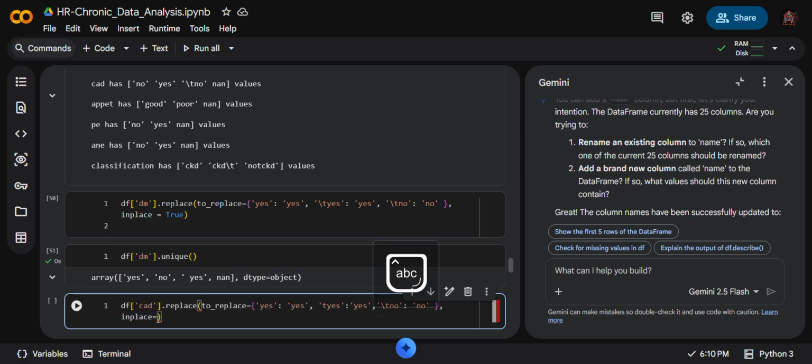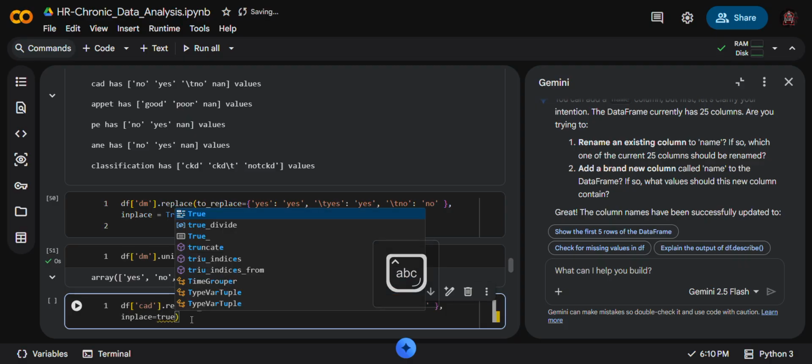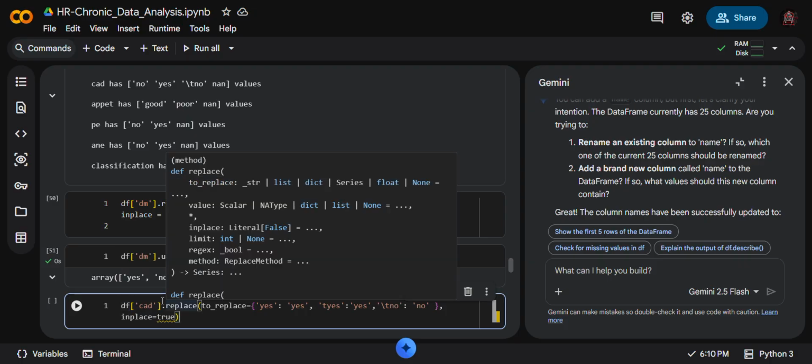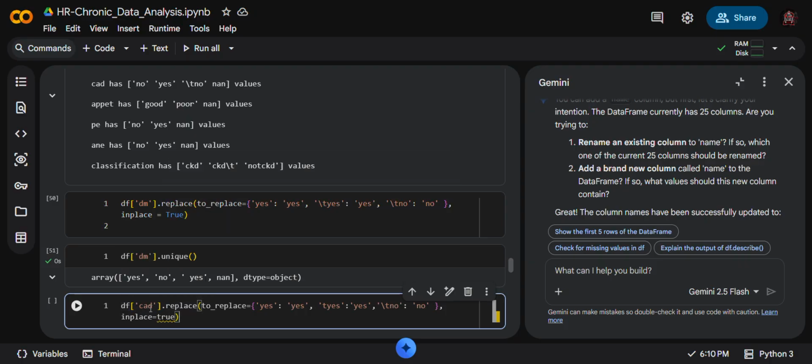true. Okay, one thing I'll let you know about theory. We are using it this way. The whole command is right. Every step: define df, cat dot replace, to bracket, to replace something that you want, like your name.